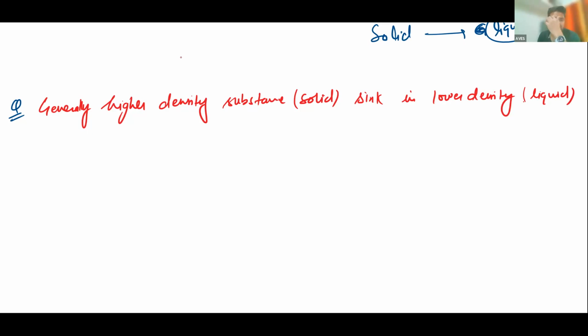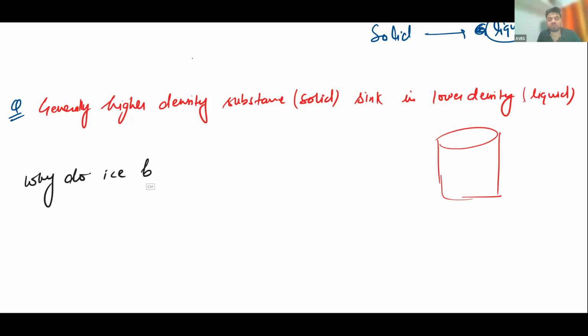So if the question comes that ice is solid and water is liquid, everybody knows that when you keep an ice cube in water, it floats on the surface of it. Can you tell me, if the question comes in examination, why does ice float on the surface of water? Because it has lower density than the water. Okay, very good, very good. So why does it have low density? What makes it low density?